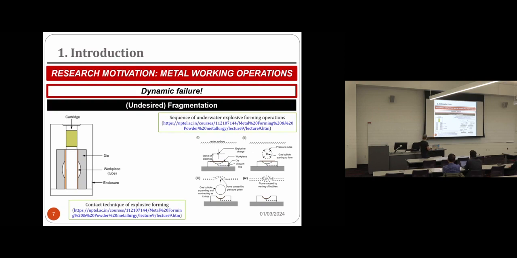I'm just putting here a couple of simple examples that I took from the internet. So for instance, explosive forming operations: basically we have a metal sheet and it is formed at very high strain rates. And the issue here is to try to understand what is the formability limit of this specific material. This is an interesting forming process, especially for those materials with low formability, because at very high strain rates, what we find is that because of the viscosity of the material and inertial forces, we can increase the ductility of